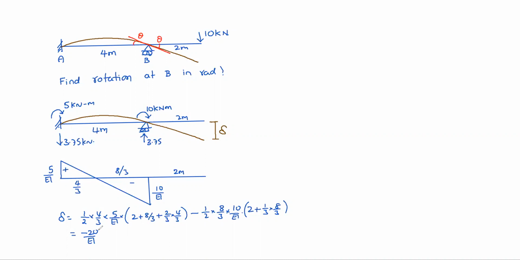So minus 20. Why minus 20? Negative quantity is more means what? Delta. You apply a couple here, delta minus 20 we are getting. Is there anything wrong? So minus indicates downward. So obviously the delta is this much, and theta also. Now in this system theta equal to, of course, 20 by EA. Okay. So like this, indirectly also you can solve the problem. Okay.